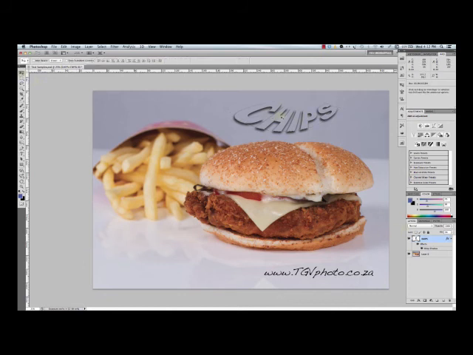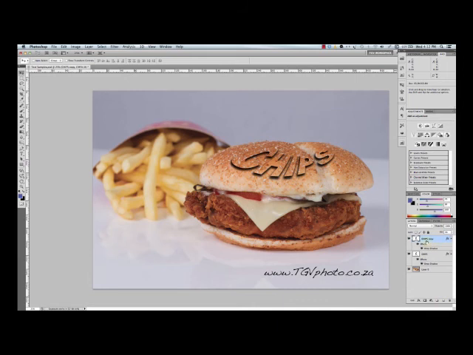If I like the dimension of this and I want to add once again a burger and chips, I can duplicate this layer by clicking and dragging it over to this little create a new layer icon. I drop it on there, it will create a copy, which I then can double click and I can type in here burger,